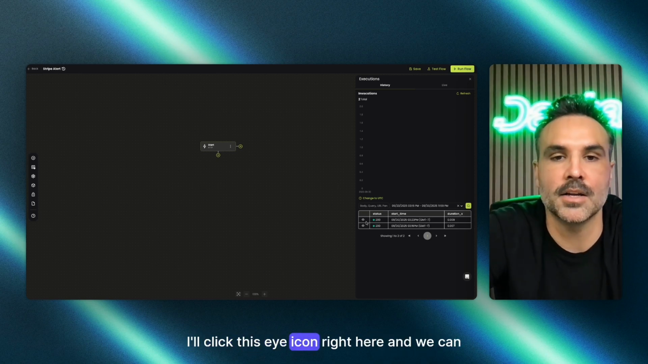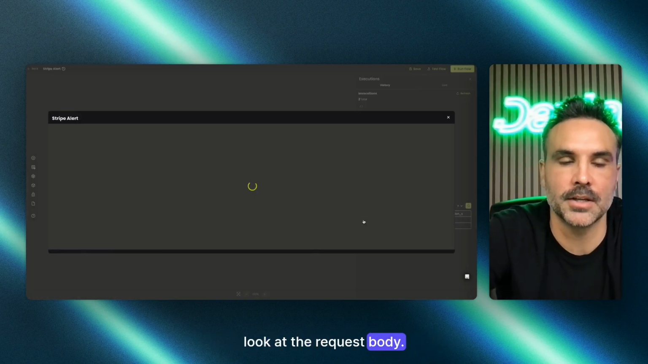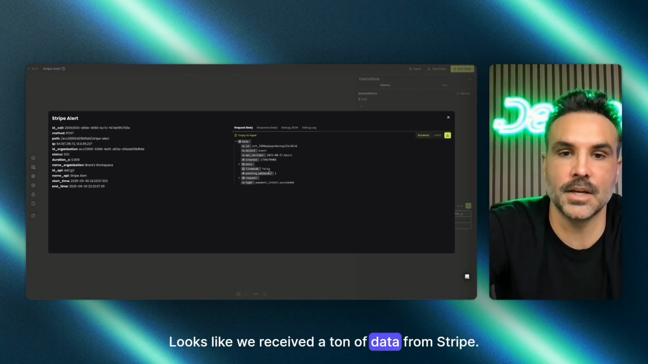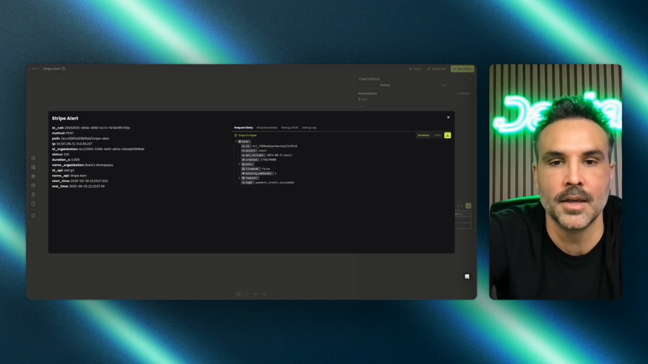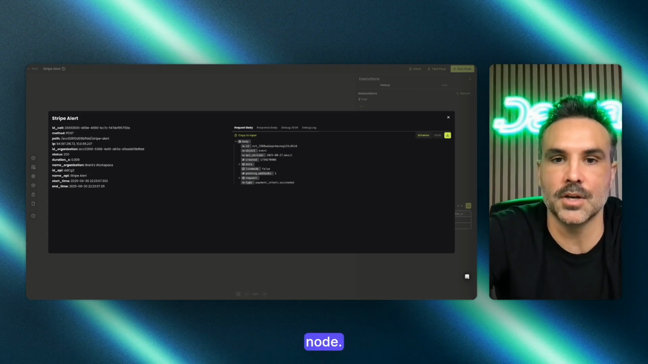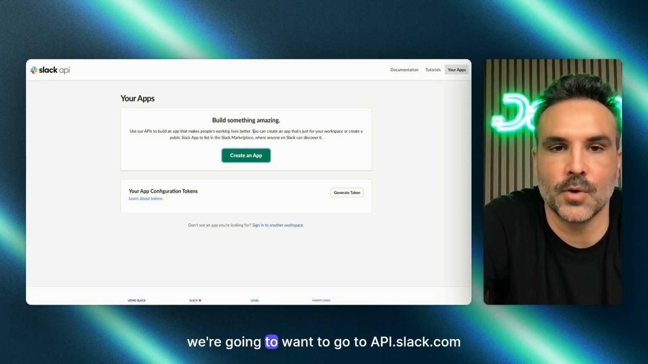I'll click this eye icon right here and we can look at the request body. Looks like we received a ton of data from Stripe. This is stuff we can use to set up our payment alert for Slack. And so what we'll do is we'll set up our next node. Okay, so the next thing we're going to want to do is we're going to want to go to